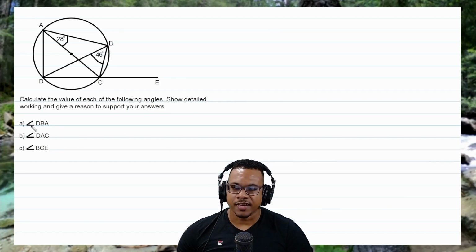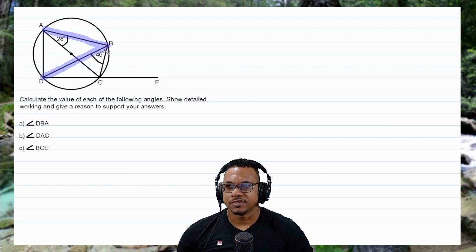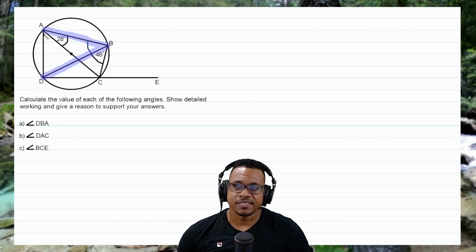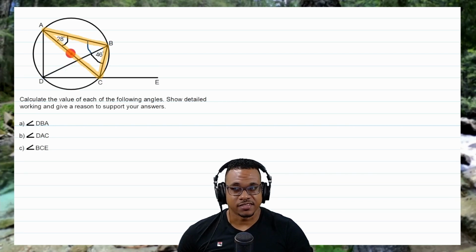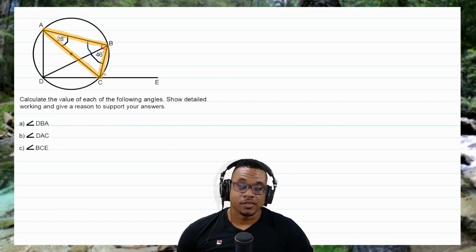So our first angle we want to find is angle DBA. So that's angle D to B to A. So that's this angle right here. So what I notice is that this line AC passes through the center of the circle. So this line AC is the diameter of the circle. Now this angle B is at the circumference of the circle, and the arms of this angle, AB and BC, stand on the diameter. Therefore, this angle at B, angle ABC, is the angle in a semicircle, which is equal to 90 degrees. So therefore, this 46 degrees and this angle DBA, which is this angle here, would be complementary